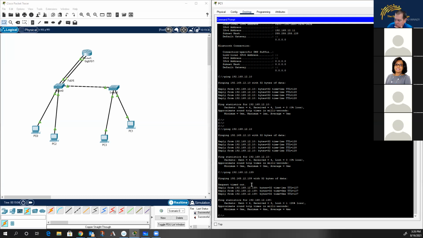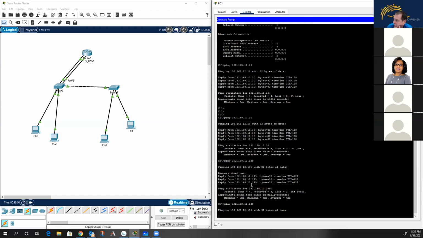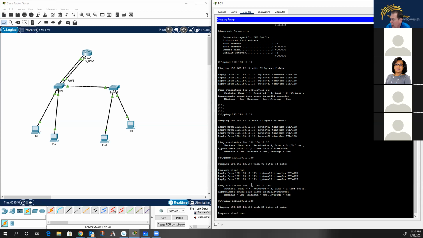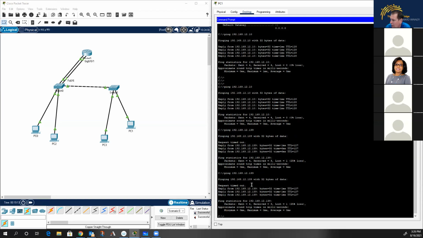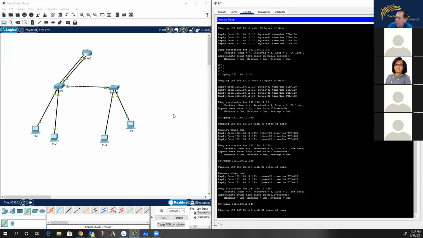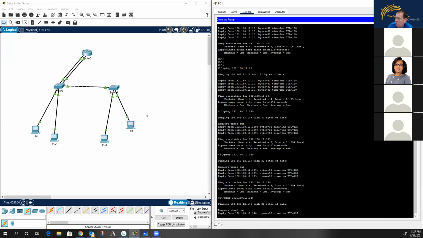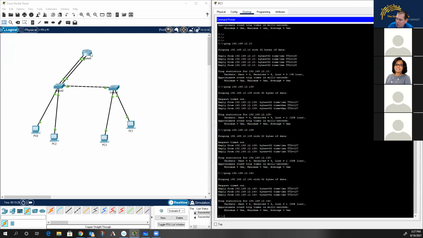So now that it's up, you'll notice that I'm able to ping. It might take a second to learn the ARP table, because we're going to have to clear the ARP table out. But there you go. You'll see I can ping from 12.10 or 12.11 up to 12.139 or 140. So now I have connectivity between the two VLANs. I have VLAN 10 talking to VLAN 20, but I'm doing that because this router has a port in each one of the VLANs. This is called legacy inter VLAN routing,